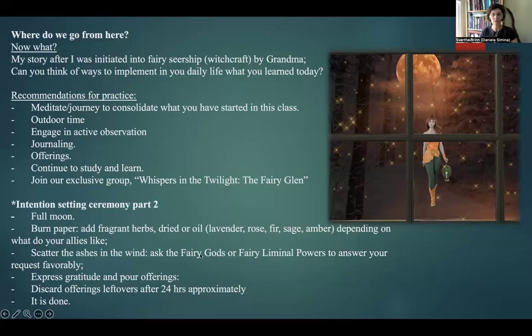So you give thanks, you express gratitude to whoever is there to take your petition. Think of fire as transformative. It takes something from the physical piece of paper that carries your intent, and it's like an offering being carried through fire to different energetic levels, different spirit realms, where it's going to be received, processed and answered accordingly.